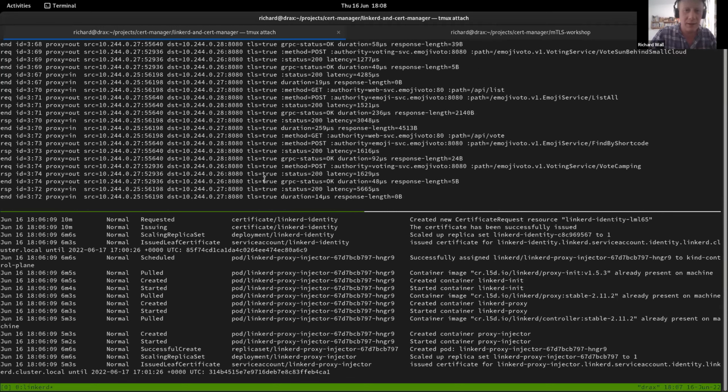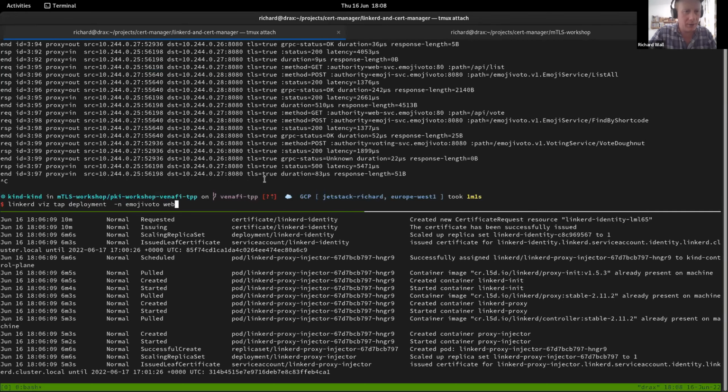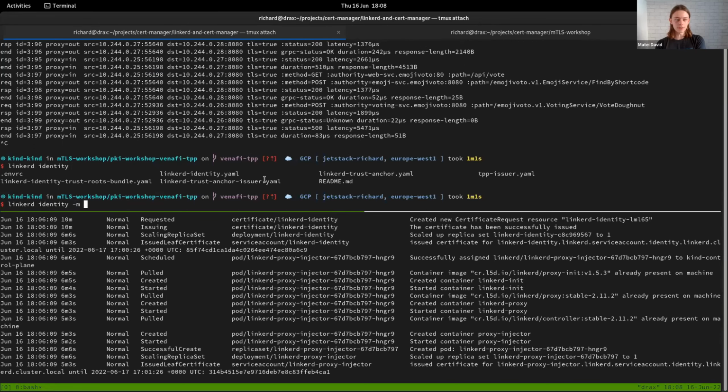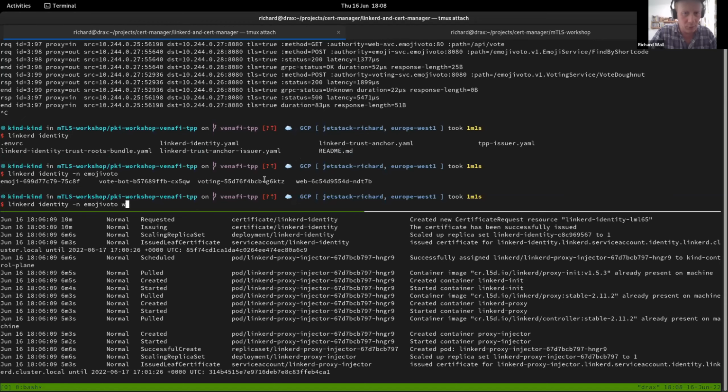And I think this is the culmination of the demo. Here we can see that the pods are connecting to each other successfully using TLS. And what was that other command, Matty? The identity command. Yeah, to see certificates for a pod. Let's take a look. Let's look at the web